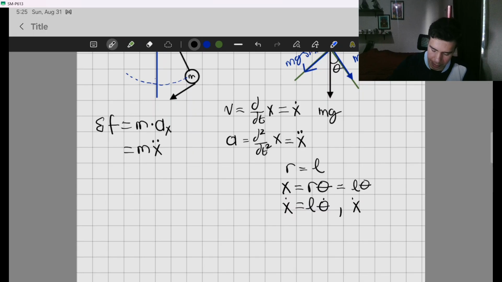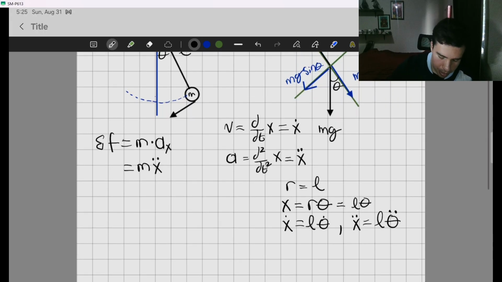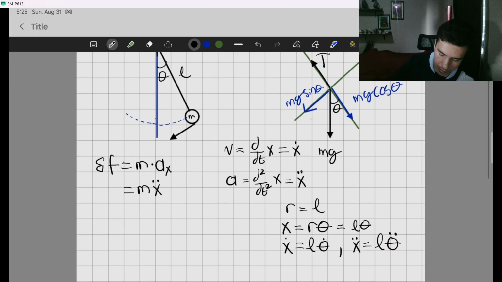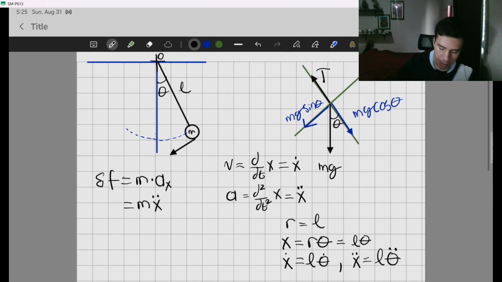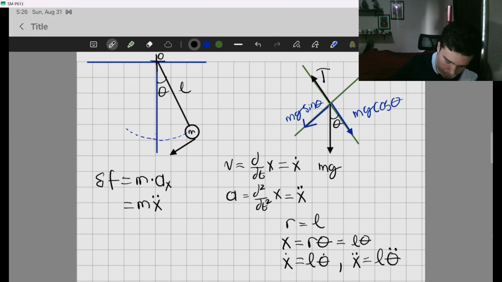And our acceleration will be also L remains constant, and here we have our angular acceleration. So I will be using that substitution, and since this is the only force that is made on the system, I will be adding this thing. Since this force will be against our movement, I will be writing the force like that, mg